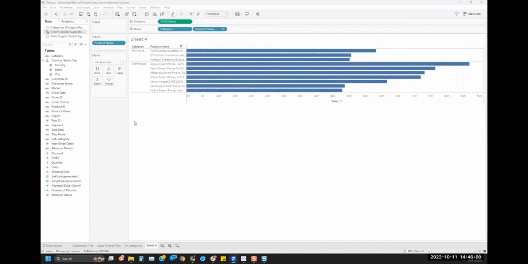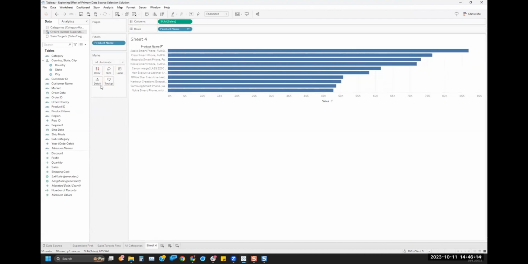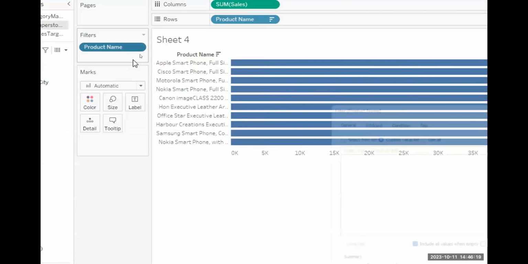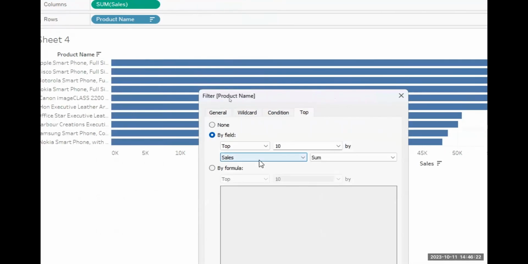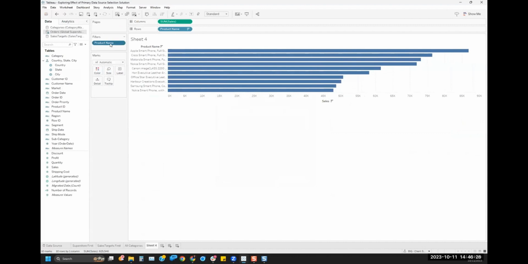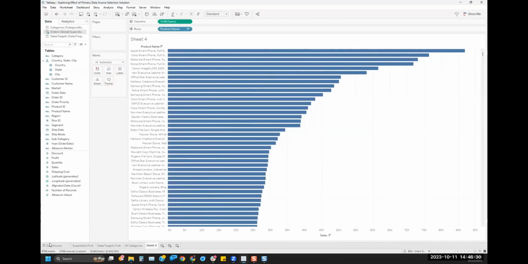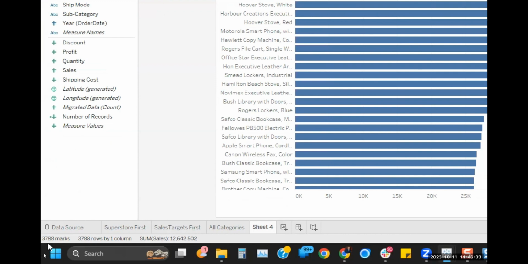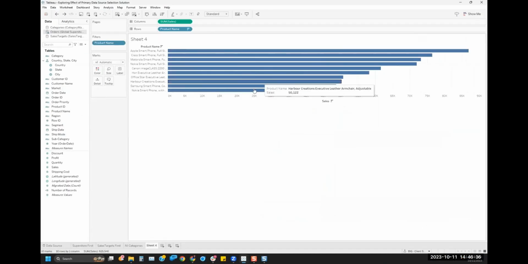Here's a perfect example. This is the one that we use when we teach the classes. All we're looking at are sales broken down by category and product name. If I pull category out just to confirm, you can see that I've got a top 10 filter going on right here. If I edit this so you can see it, it's top 10 product names based on sales. Just so that we're clear, there are actually 3,700 different products in here. If I put my top 10 filter back in, it shows me the top 10 products overall.